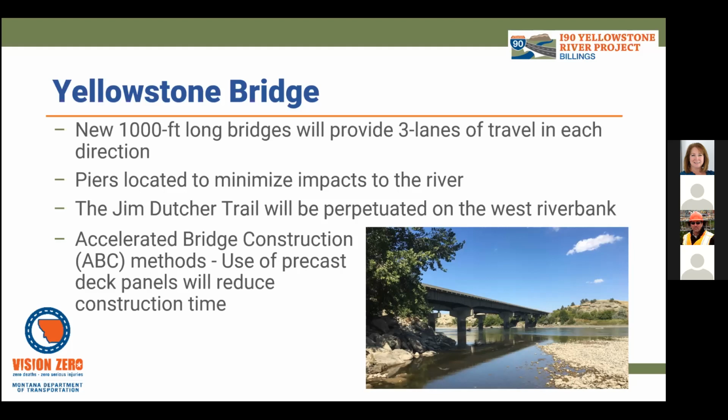And there's no real practical way to reuse those existing structures or try to widen them or retrofit them in place. The only real practical option in order to add an additional lane is to replace them. And so in fact, we're going to do that. We're going to replace them with a new pair of structures, and each of them will be about 1,000 feet long.